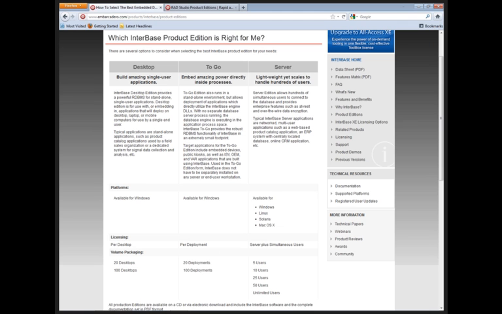Like tablets and phones and things of that kind, so you could build applications that would use that InterBase instead of SQLite. The team's looking at that. We don't have any product announcements yet. And also our Delphi and C++ compilers, we're working on next generation compilers to be able to target ARM chip